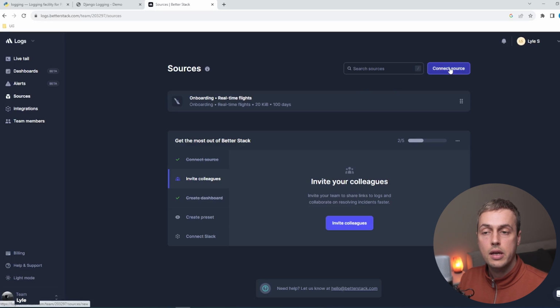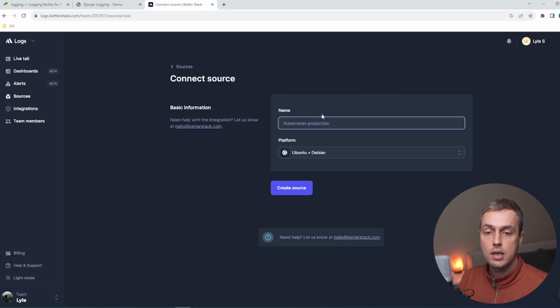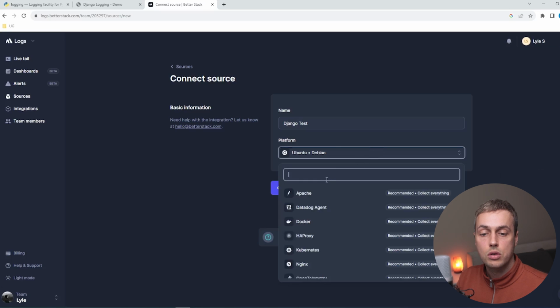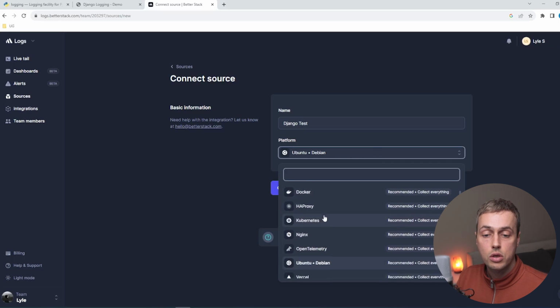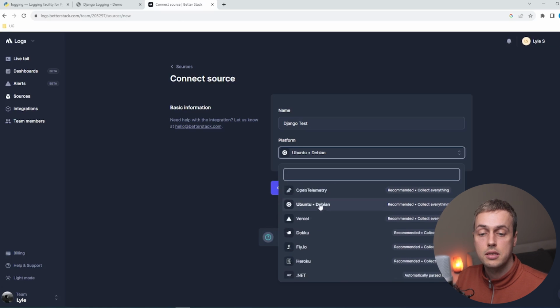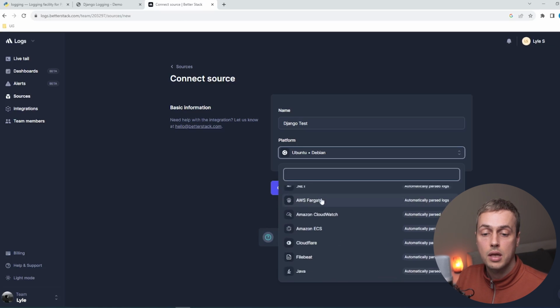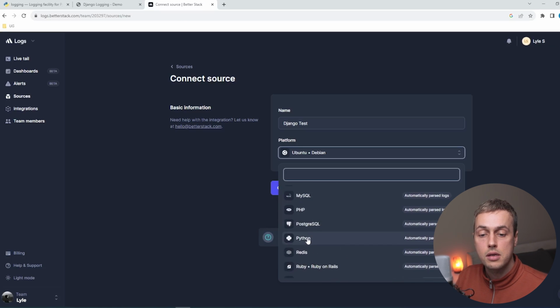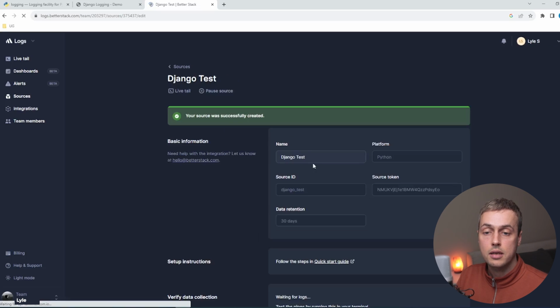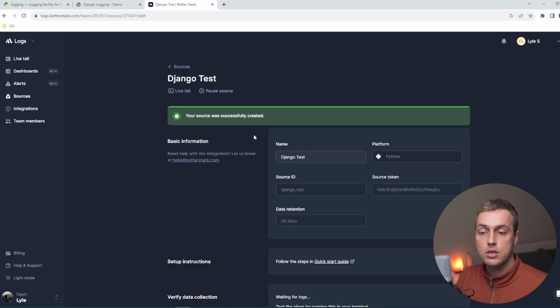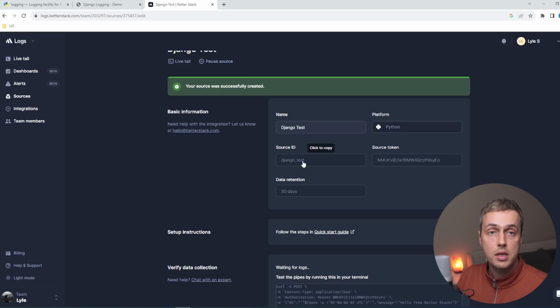We're going to click the connect source button, and we're taken to this form here. We can give the source a name. I'm just going to call this Django test, and then we're going to set the platform after that, and you can see there's many integrations here with things like Docker and Kubernetes, Nginx, and there's integrations with Vercel and other platforms. We're going to scroll down to Python here, and we're going to select Python and click create source. So we've created a source here, and it's got an ID which is called Django test. That comes from the name that we just set, and we also have a source